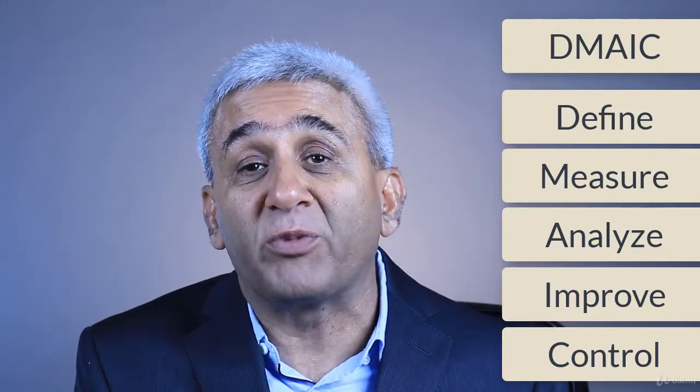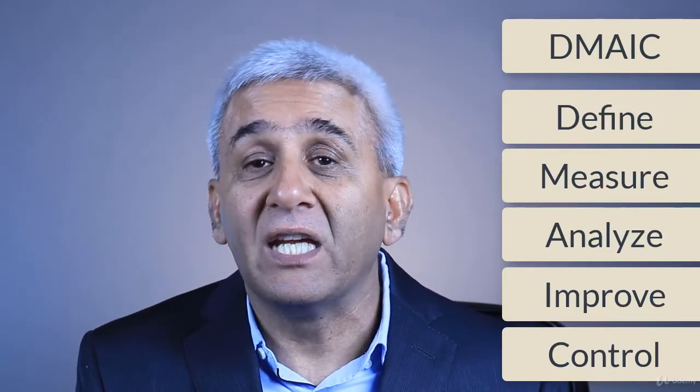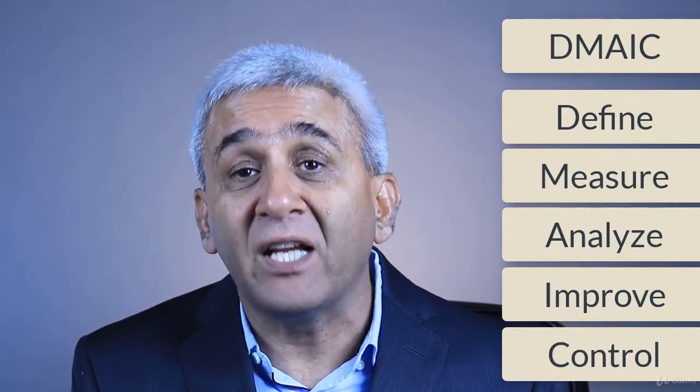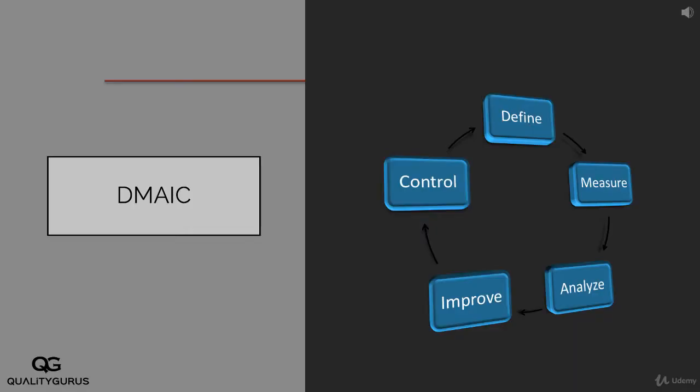Once you have improved the process, the next thing would be to control. Control is to ensure that whatever gains you had in this process, you retain those gains. So from 10%, you were able to reduce the defect rate to 2% in this example, but then you need to do something to maintain that 2%. Because if you don't maintain that, slowly and steadily the defect rate will keep on increasing from 2% to 3% to 5%. You don't want that. You need to put some steps in place to make sure that your process remains in control. So that's how the DMAIC process works: define, measure, analyze, improve and control.